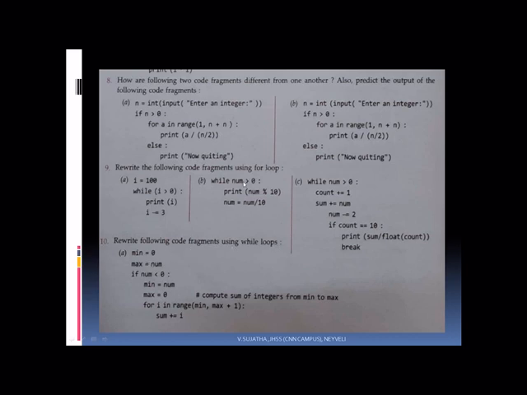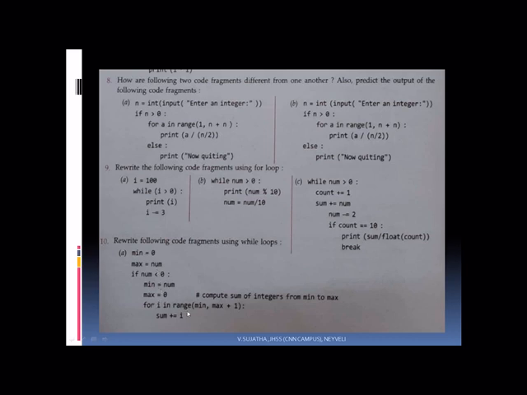So this is a while loop they have given, you have to convert it to a for loop. Here a for loop they have given, you have to convert it to a while loop. Here also in the same manner you have to find out. Min equal to 0, max equal to NUM. If NUM less than 0 means min equal to NUM, max equal to 0. Just you are assigning. And see the for loop. That loop only you are going to convert to a while loop. Before that, whatever statements, they should be the same.